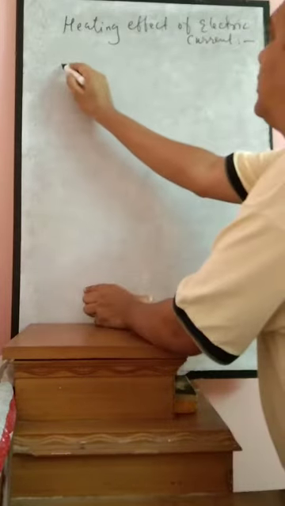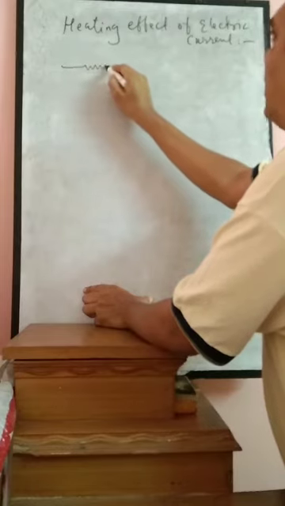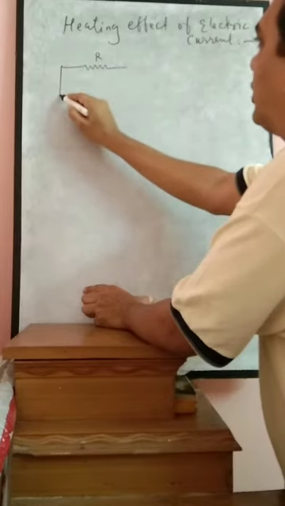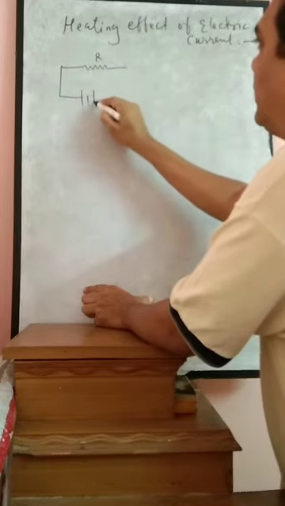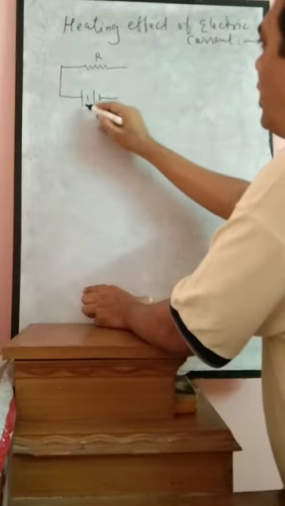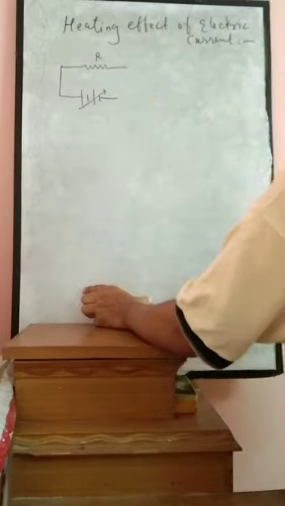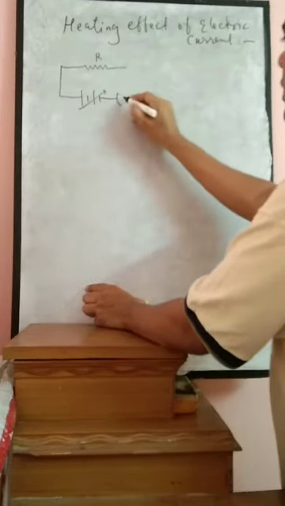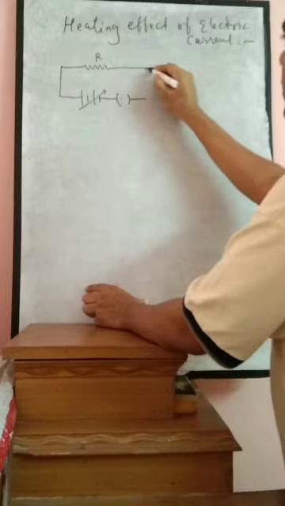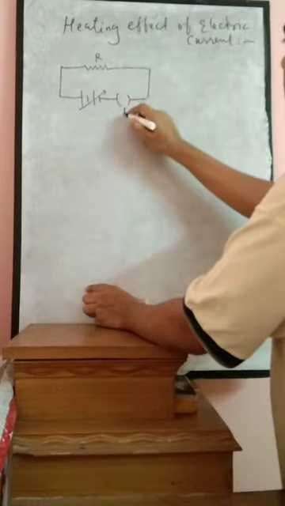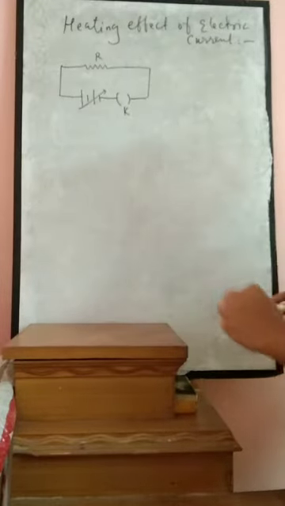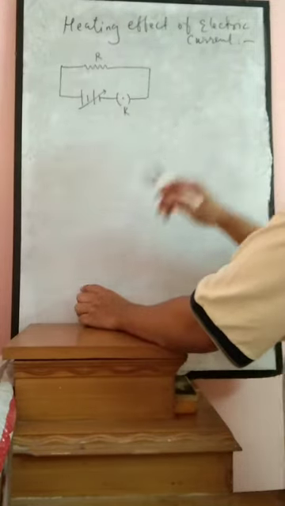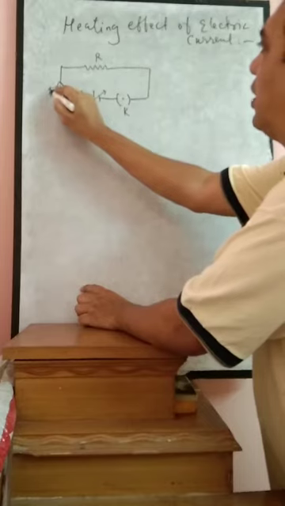So here just consider a resistive component, let's say the resistance of that component is R, which is connected with a cell or a rheostat. This is nothing but a combination of cells, you can say a battery, by which you can vary the supplying current. A key is there, and this key is just for protection, on and off. We know that.